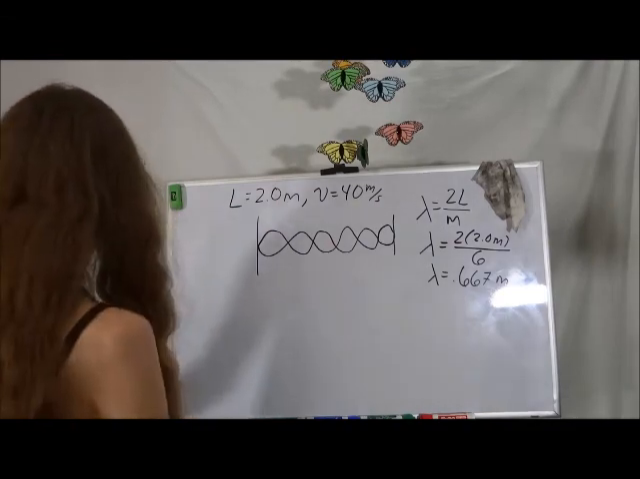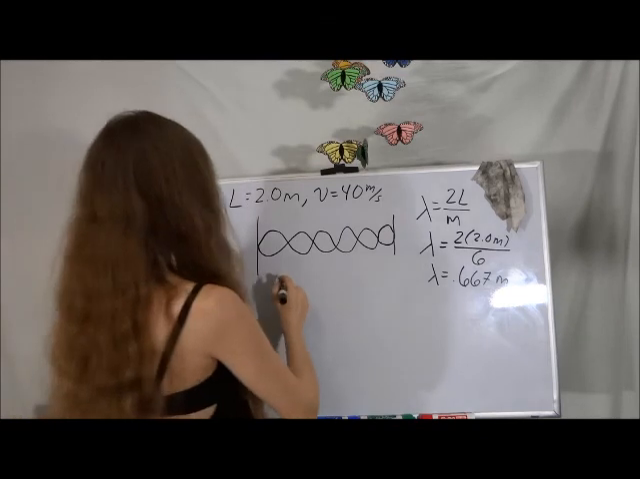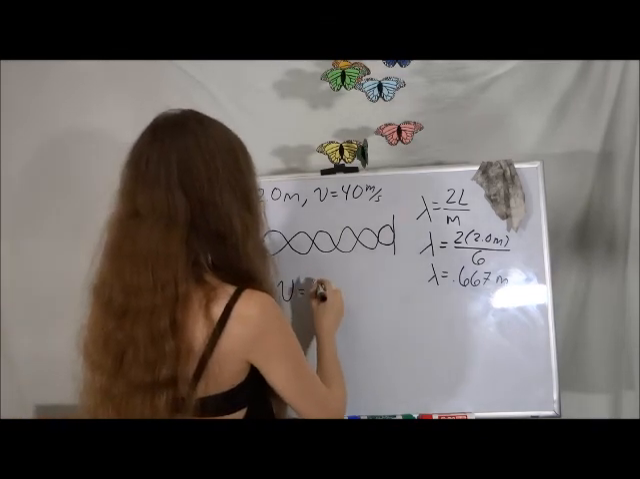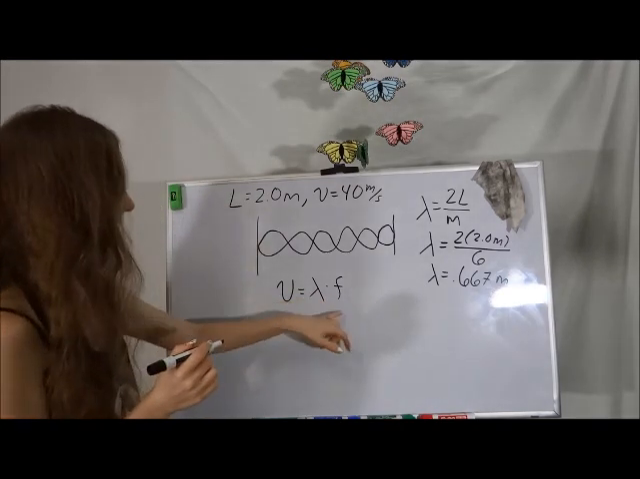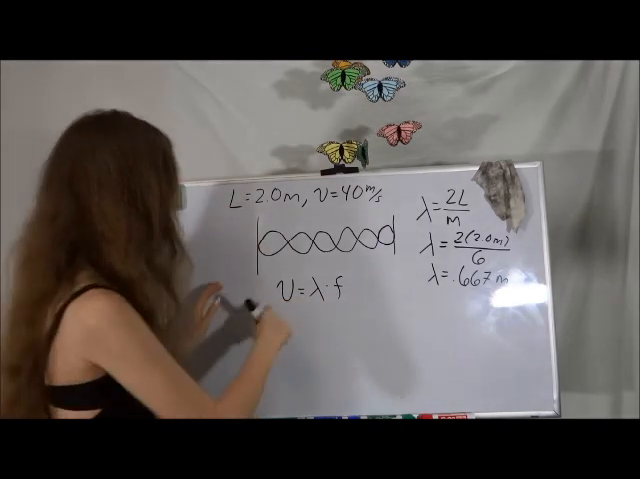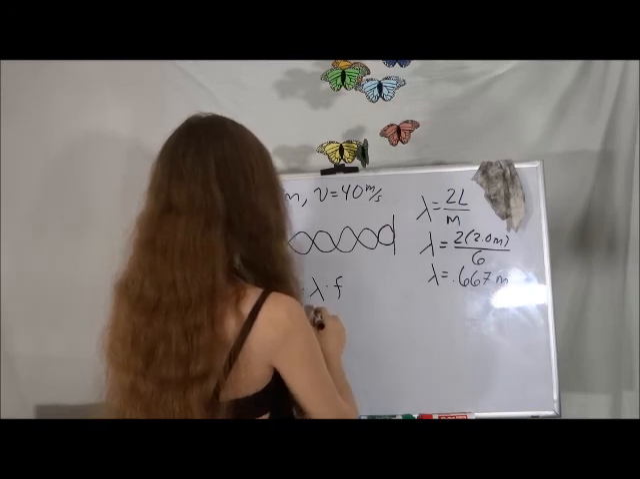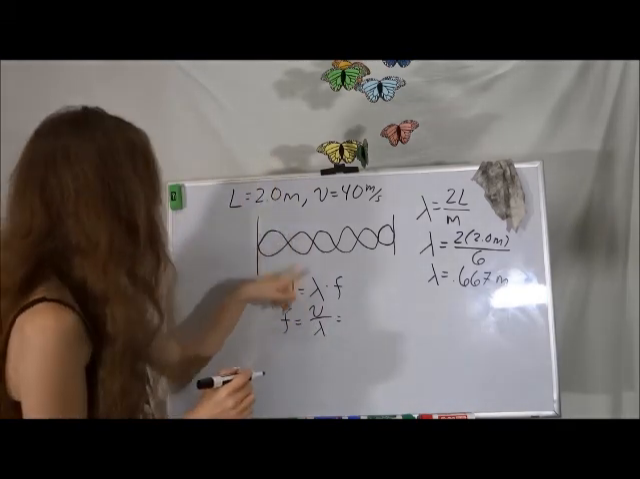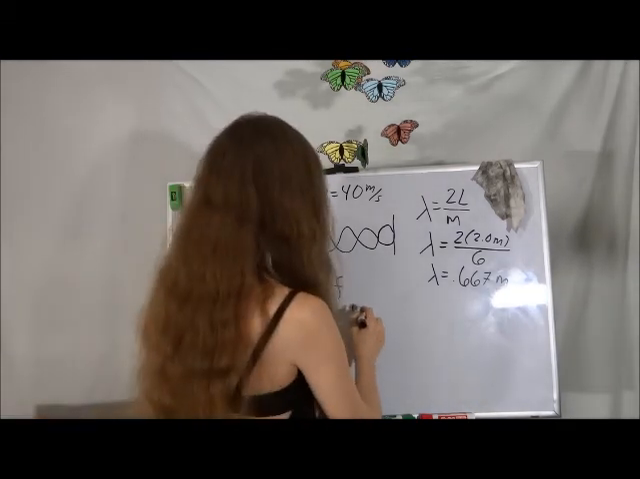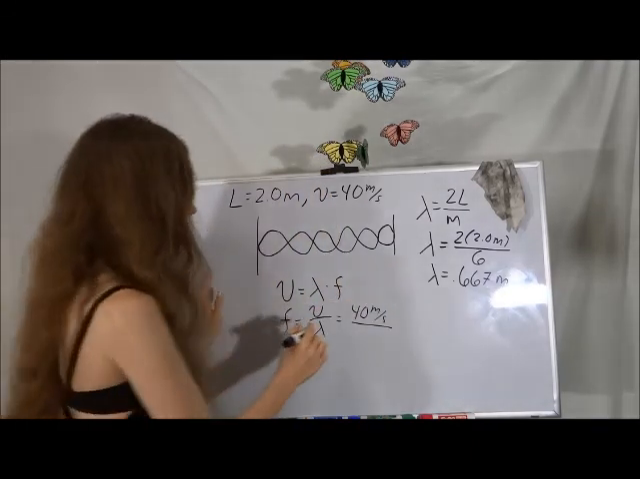So that's our wavelength. So now to find our frequency, we know that our wave speed is equal to wavelength times the frequency. So if we want the frequency, we're just going to divide both sides by wavelength. So we're going to have frequency is equal to v over lambda. So our wave speed we said is 40 meters per second, and we're dividing that by about